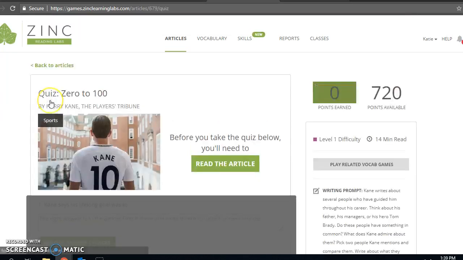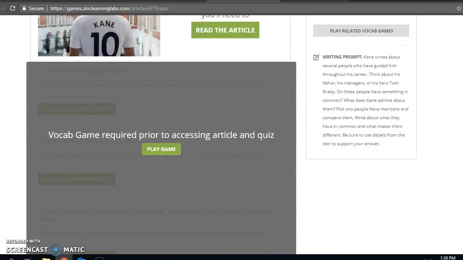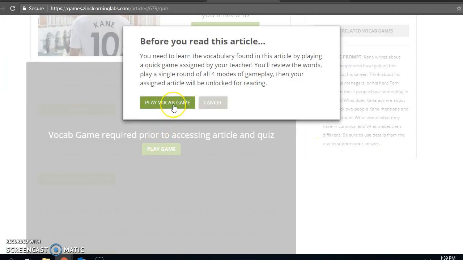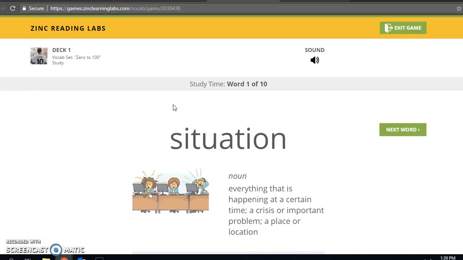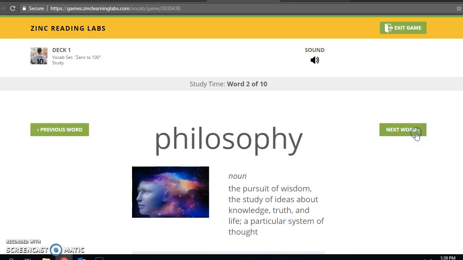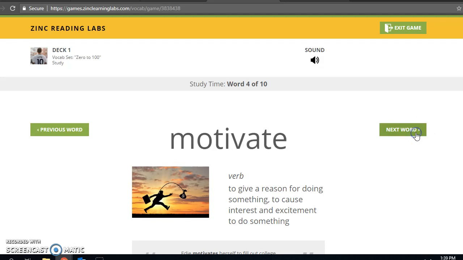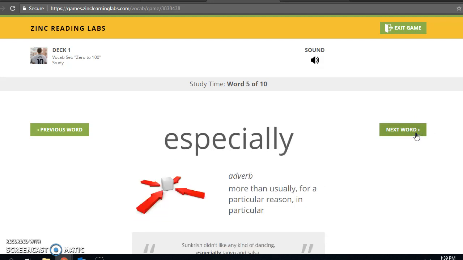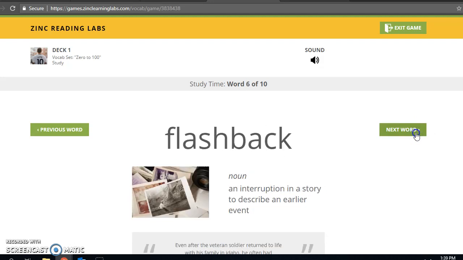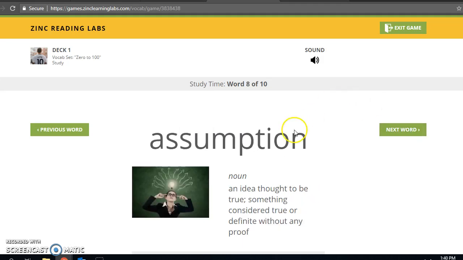When you click on the article, the first thing it's going to show you is, hey, look, you can't read this article yet because you need to play the game. So you're going to click Play Vocab Game. You're going to go through the vocab words and play the game. After you play the game, you should be able to go in and read the article. As you're reading the article, there will be multiple choice questions for you to answer. And then I just want to show you these vocab words. You can play it,